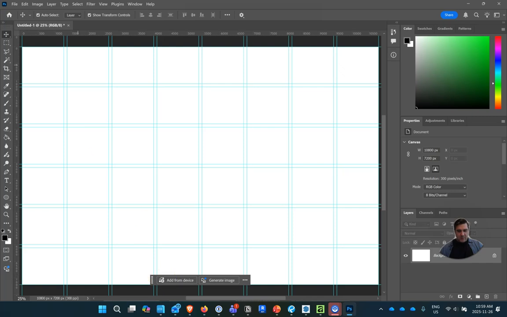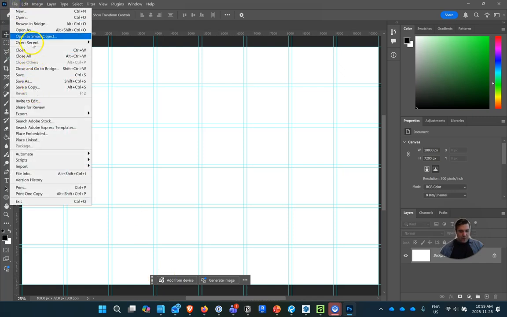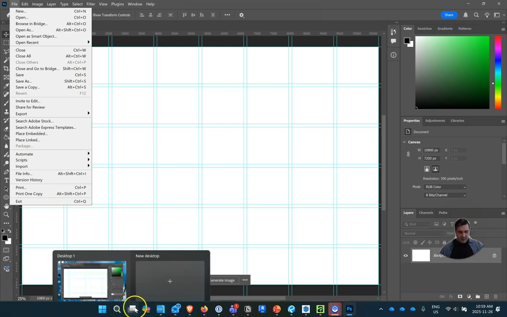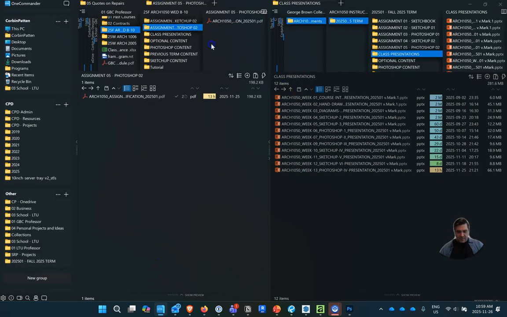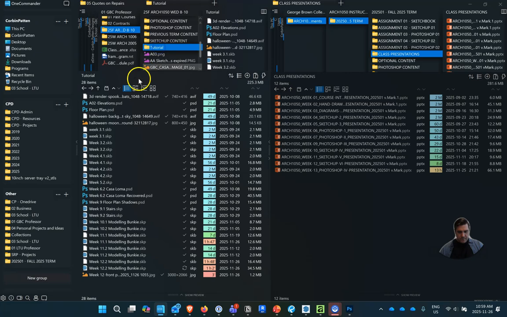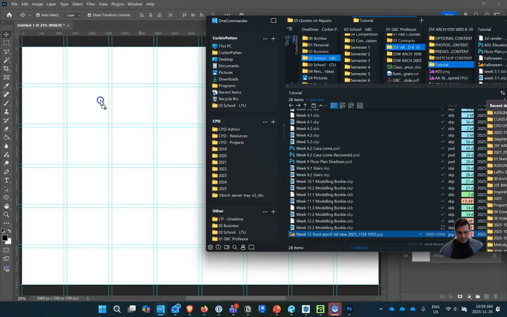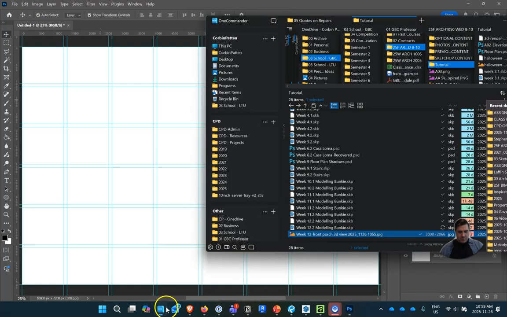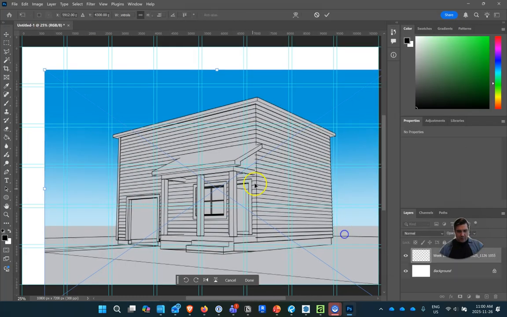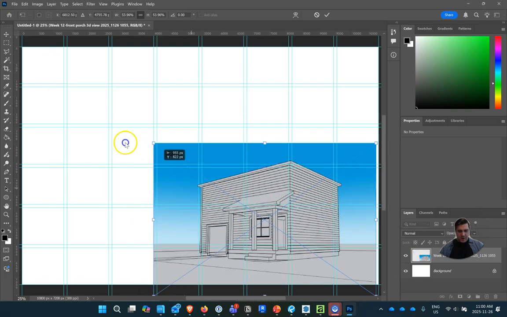layout. And so let's bring in that image that we had before. Let's see if I can find it here. And so let's go to here. And I think we have this image right here. So let's drag that into our Photoshop. See if that worked. It did not seem to want to work, so let's just go. Oh, it did work. Okay, it's just loading. So we've got our image in here,